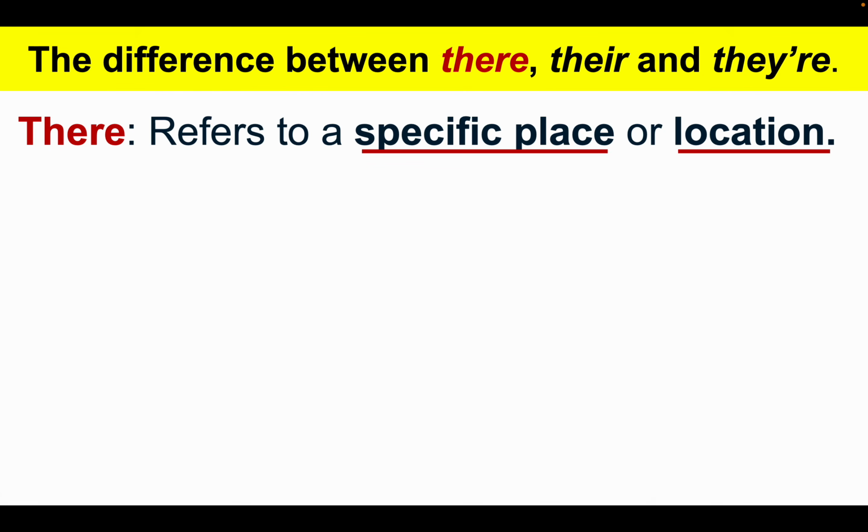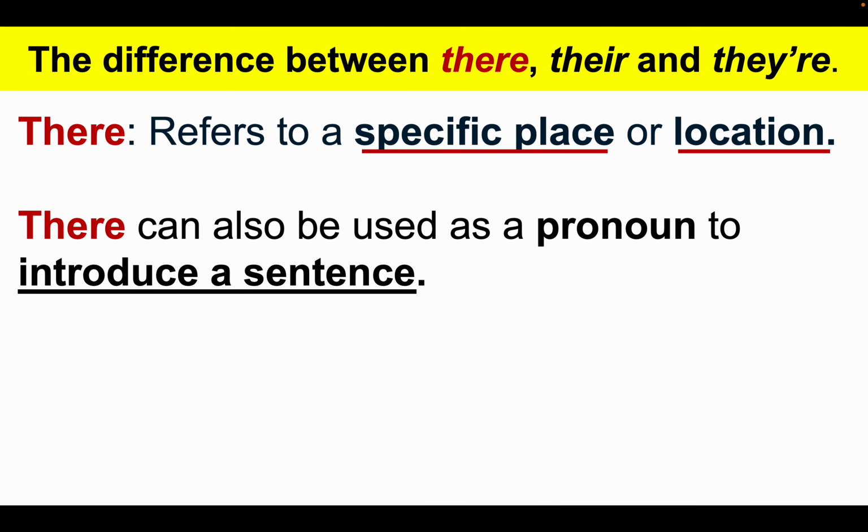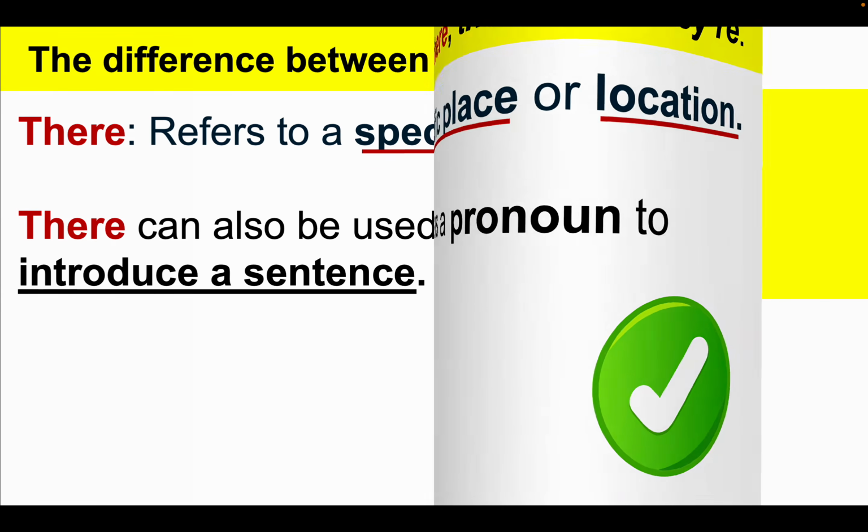Okay, so there, T-H-E-R-E refers to a specific place or location, and it can also be used as a pronoun to introduce a sentence. So now that we understand how the word there, T-H-E-R-E, is used when writing in the English language, let's move on to the next one, which is